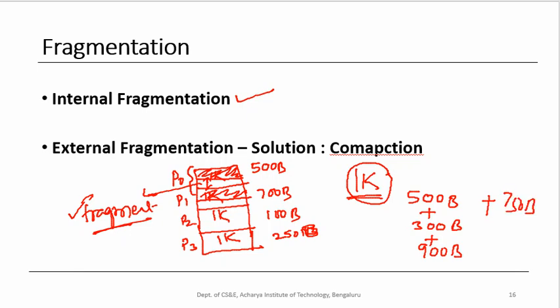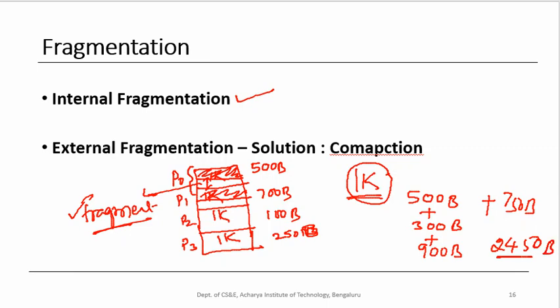So that means we have 1700 plus 750, that is 2450